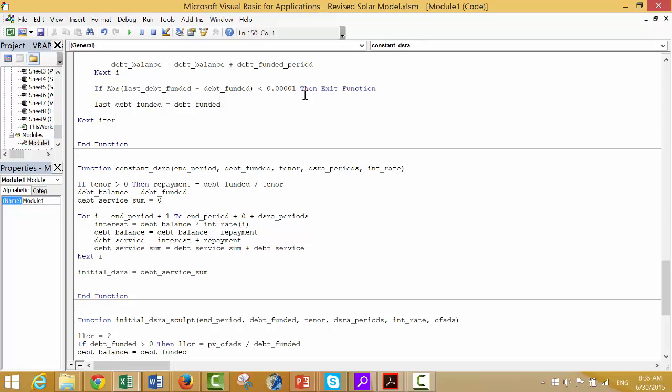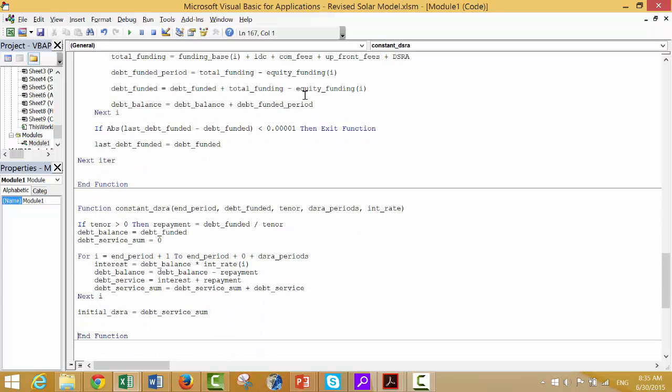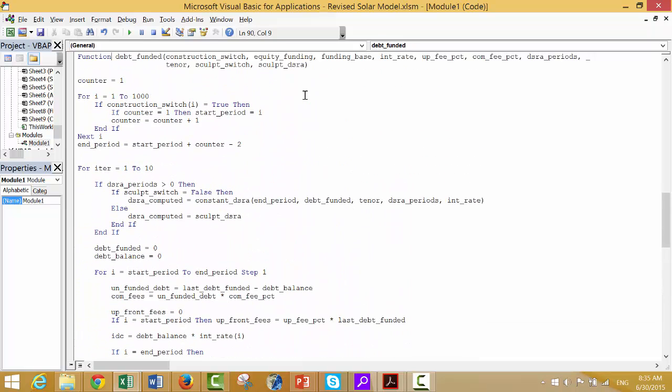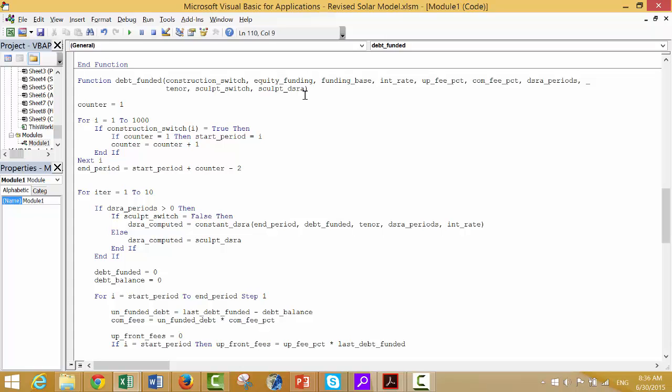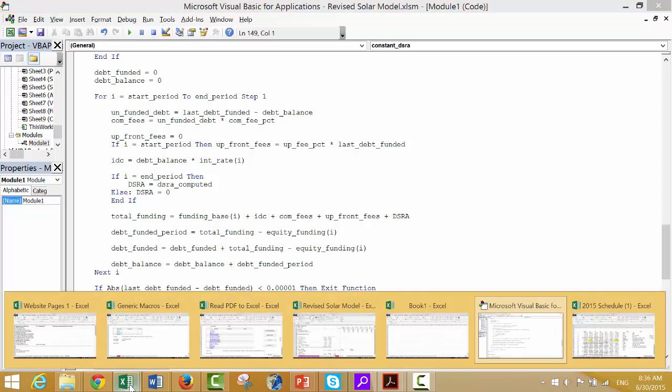Now, and that initial DSRA, which look at this. This constant DSRA is the sum of the debt service over the debt service periods. Okay, so it was a pain, but I believe it worked. Let me show you how it worked. So if we go to the model,